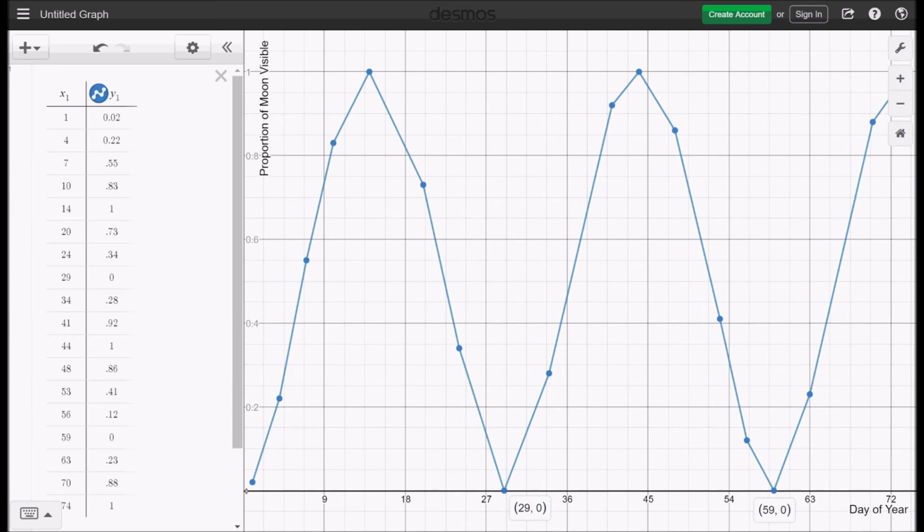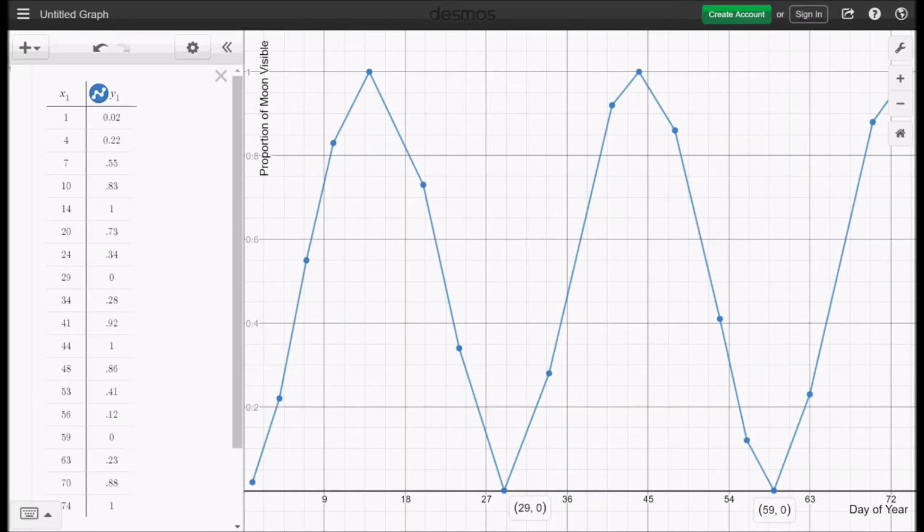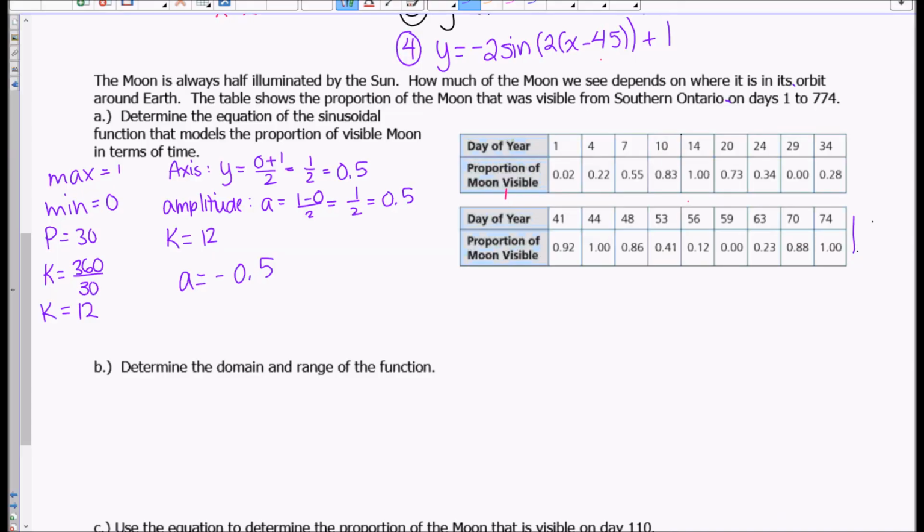So if you see right here, it appears to start at its minimum, increase to its maximum, and then go back to its minimum, which is the cosine graph, but reflected, which means that when I do my equation right here, the A value should end up really being negative 0.5 if I'm going to use cosine. And if I do it that way, then I wouldn't have any phase shifts at all, so D would be 0. So based on that, my equation should be y equals negative 0.5 times the cosine of 12x